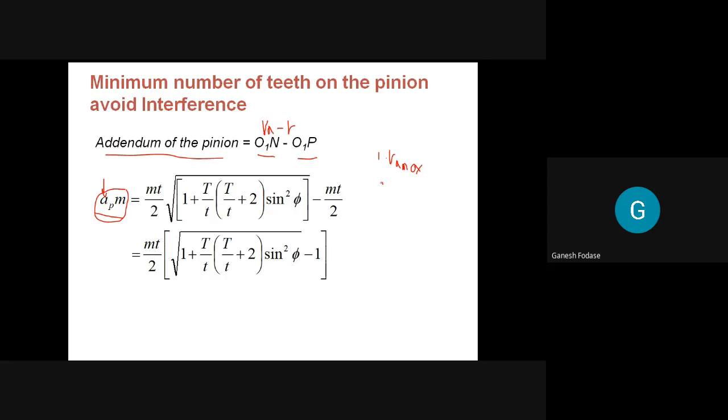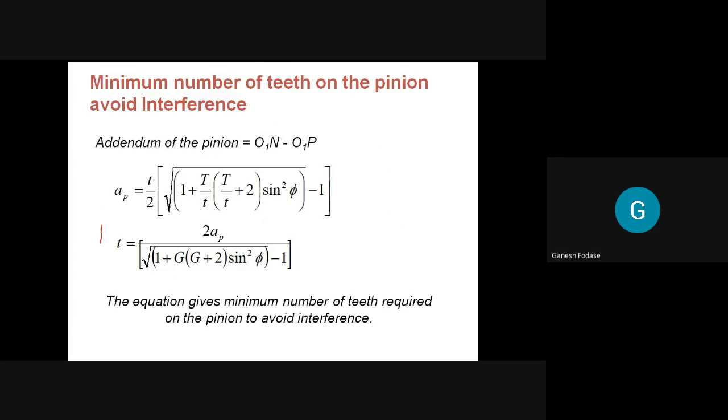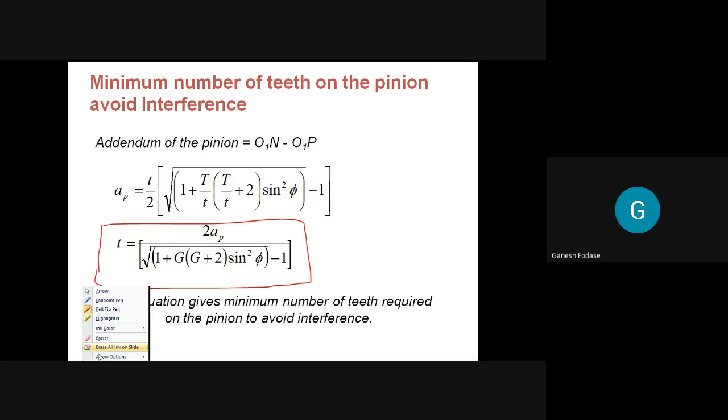Then in the second step, we determine the addendum max. And third, equate this to the standard value to obtain the teeth. So equate this maximum addendum, how much I can provide to avoid the interference, with the standard addendum value, that value is AP into M. So by equating these two equations, we get the value of the minimum number of teeth on the pinion to avoid interference, which is this much. It is twice AP upon root of,